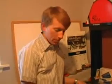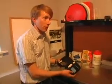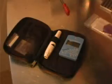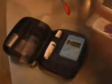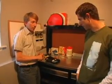So what we've come up with is a system that is a handheld lactate meter. There's several models out on the market. We use the Lactate Pro. And basically what you do is, you have to have a CompuTrainer or other load generating trainer, where a computer generates the load for you. And we have developed some software called Lactate Tracker that will generate a file that you ride on your CompuTrainer,